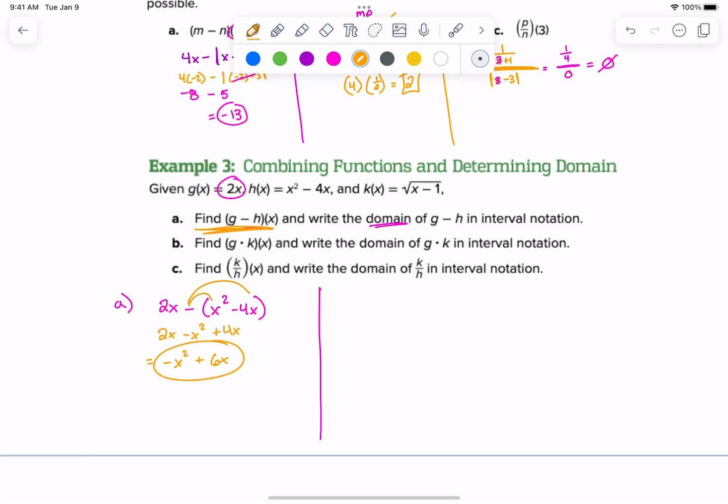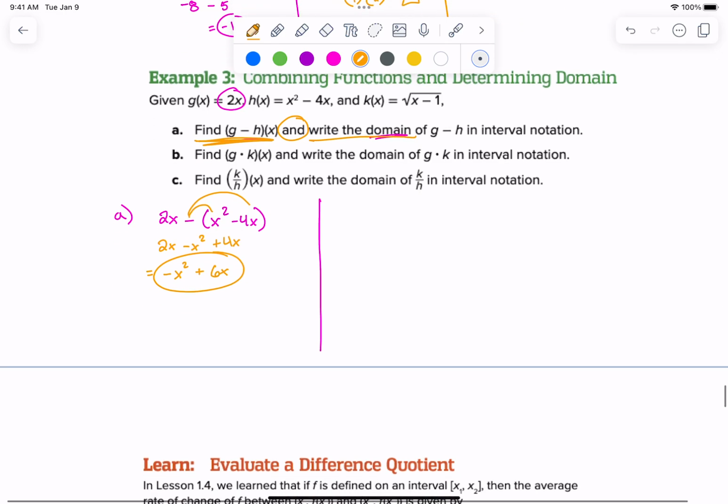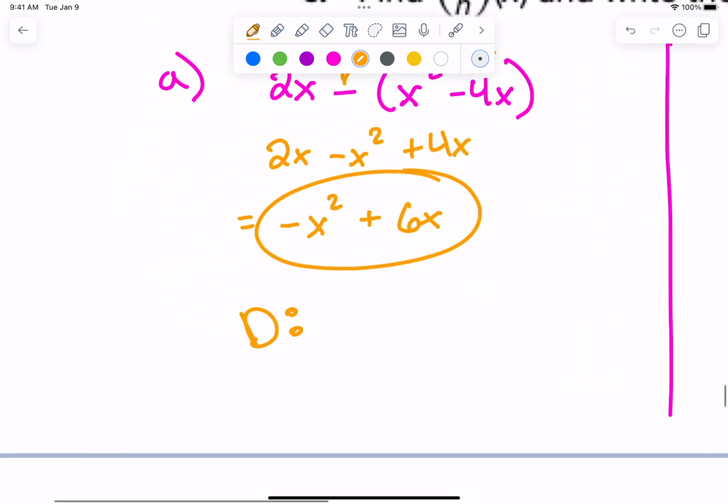Find this and write the domain of it. Okay, so I have found the answer to that. Now I have to figure out what the domain is. Okay, in interval notation. Yes, in interval notation. Okay, domain. Do you remember how to do domain? Left and right. Yeah, if you're looking at a graph, you say like, where does he touch left and right, right? But if you're looking at an equation and not at the graph,